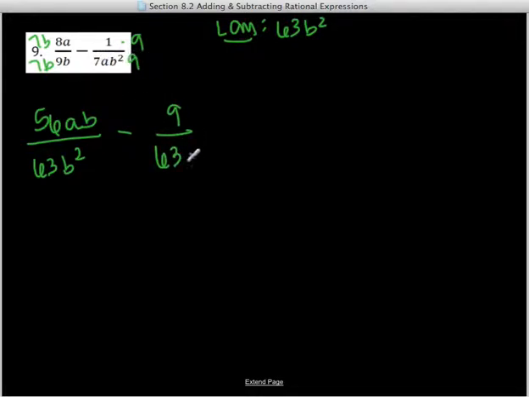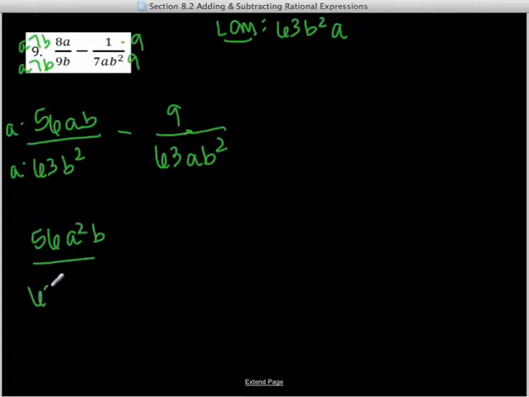AB squared. Sorry, I missed that. So I missed the A. So we have to have an A on there. So let's go ahead and actually change that. So in order to get an A, I have to multiply this one by A. So let's add that into there. So I'd have 56. A times A would be A squared, B, over 63 AB squared minus 9 over 63